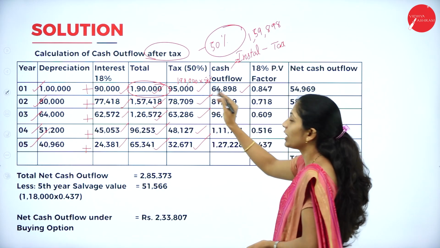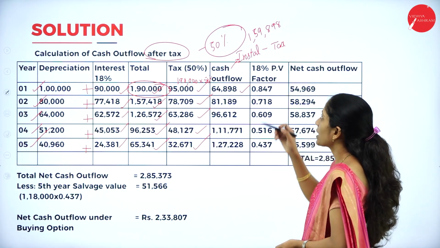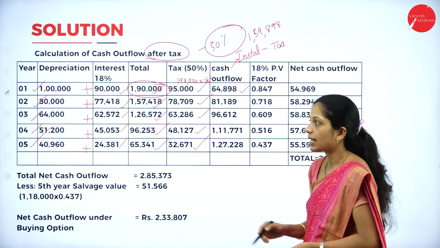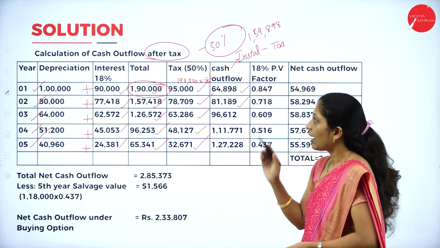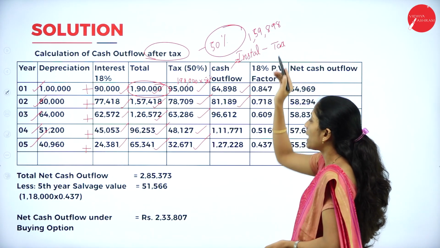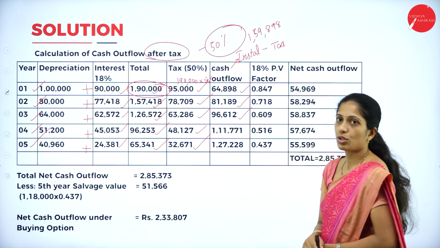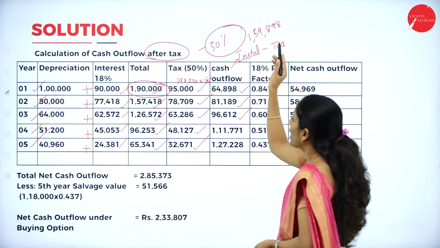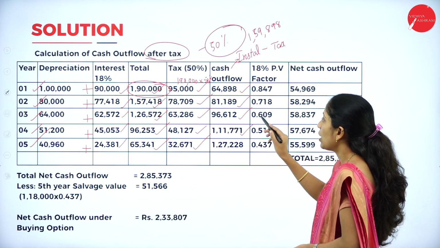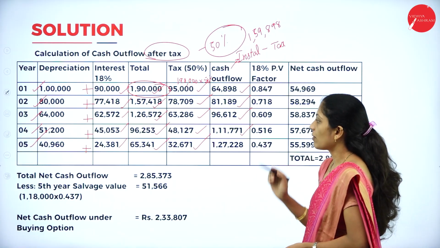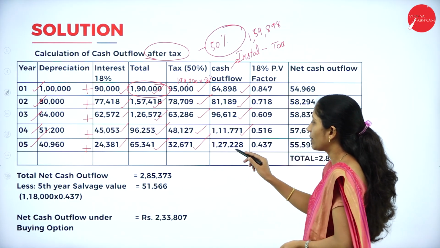1,59,898. Minus we have to deduct tax every year. So minus 95,000 will get 64,898. Once again for the second year, 1,59,898 minus 78,709. So we'll get 81,189. Again, installment in the third year remains same, 1,59,898 minus 63,286 will get 96,612. In the same way for fourth year also, 1,59,898 minus this tax, that is 48,126 will get 1,11,771. In the same way for the last year, 1,59,898 minus 32,671 will get